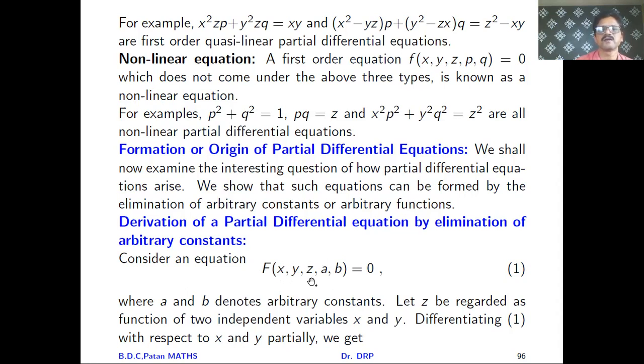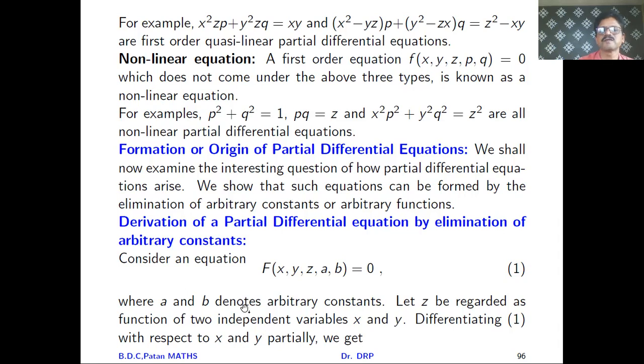Generally, a partial differential equation we can write in this form. Consider an equation F of x, y, z, a, b equal to 0. Here a and b are nothing but arbitrary constants. Let z be regarded as a function of two independent variables x and y. Here z is a dependent variable, x and y are independent variables, and a and b are arbitrary constants. So differentiating this with respect to x and y partially, we get